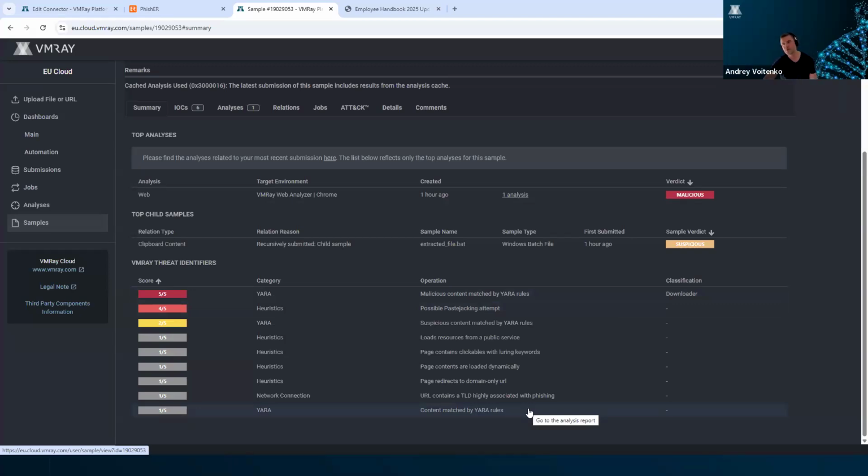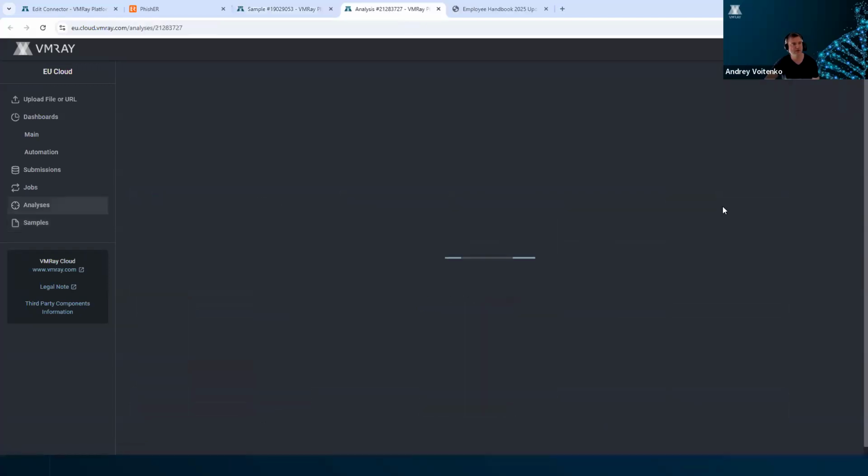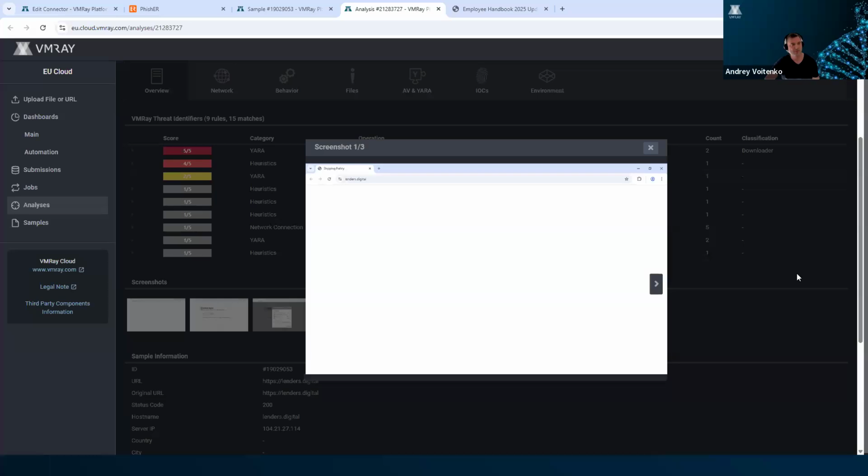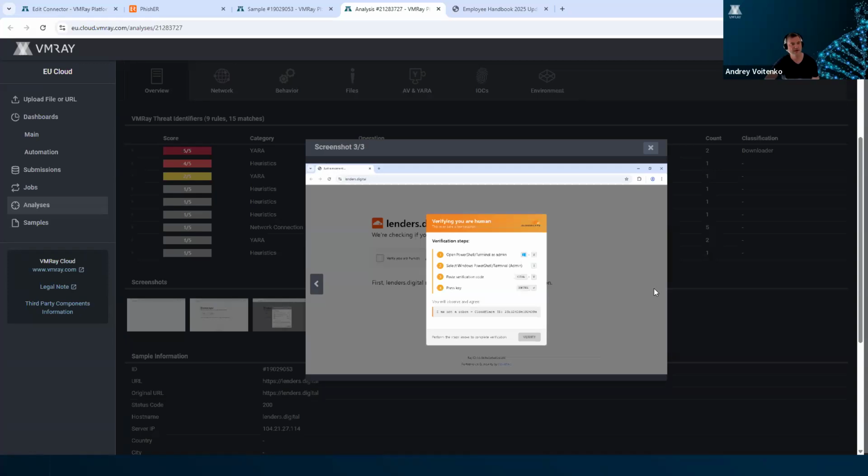A good thing about VMRay, we do not just give you the verdict. We do not just say this is bad. We give you explanations, and all these explanations can be checked. Let's go into the web analysis and make sure that I'm not lying to you. And there is a redirect here, and here you go, a typical ClickFix web page where you are expected to say, yeah, I'm a human. Click on, in this case, you need to open the PowerShell admin